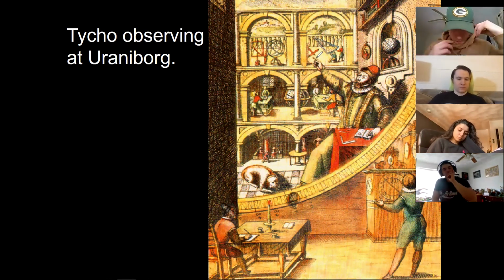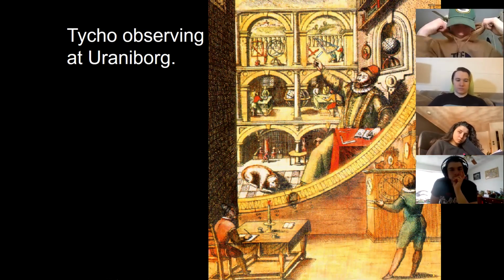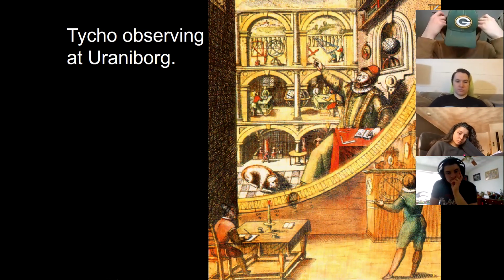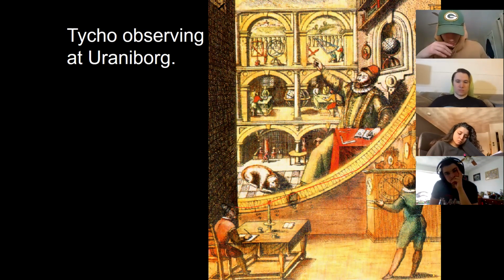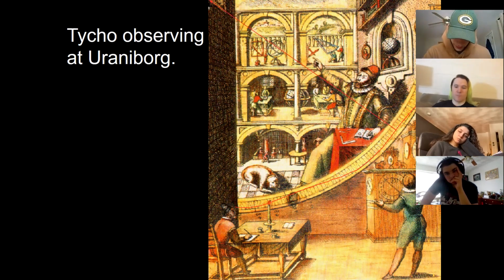He's using this cool old-fashioned device known as a Mural Quadrant. And basically, this is kind of like a big sextant. It can measure the angular positions of stars. And if you look up here at the top, you can see there's a little slot which is cut into the wall that points towards the observer's meridian. And if I understand correctly, the way this works is when the star crosses the meridian at its highest point, you can use a stick or a staff to measure its angular position and thereby chart it down.